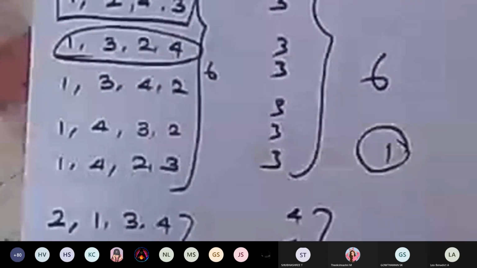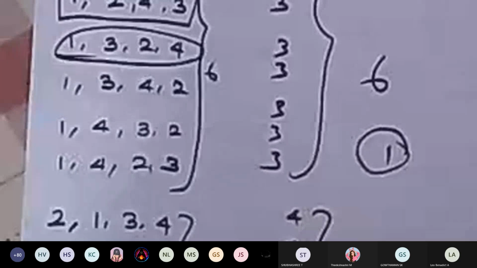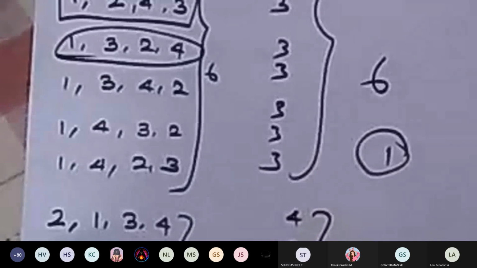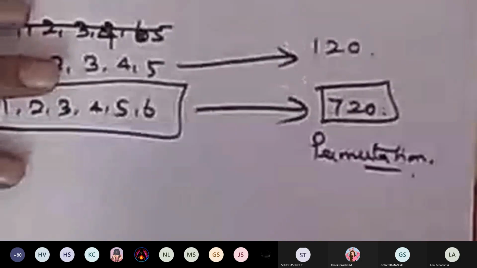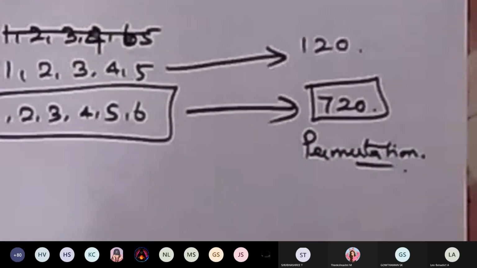So the number of permutations is 24. The number of ways of arrangement is 24. But the number of combinations is 1. This is what we call permutation and combination. Okay, so in this chapter, we are going to learn what is meant by permutation and combination. Right. So for any doubts,